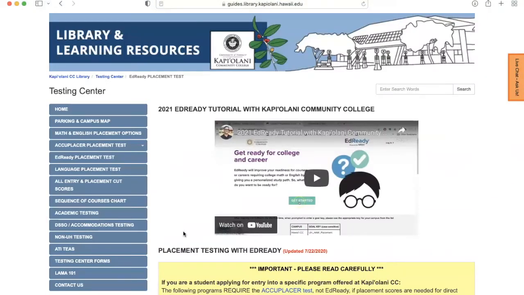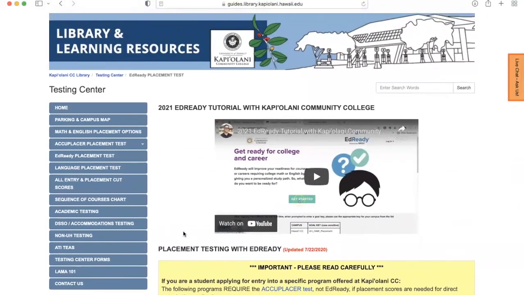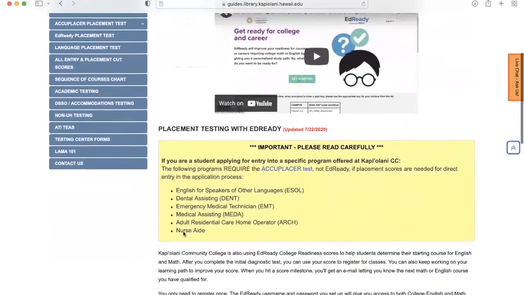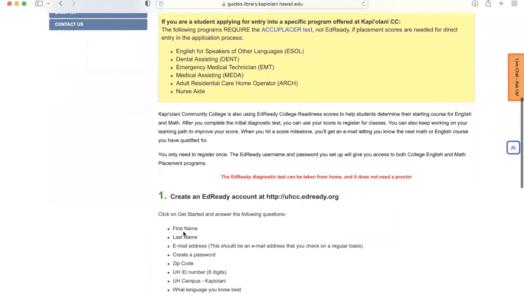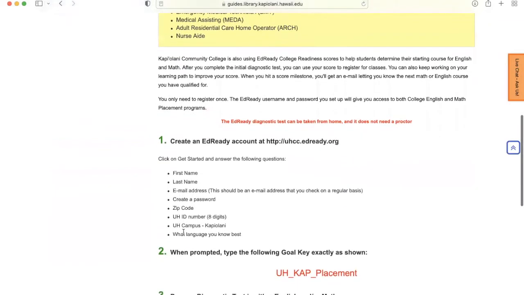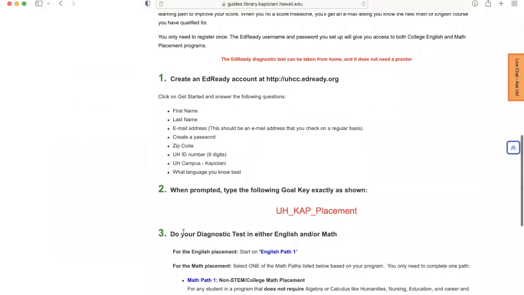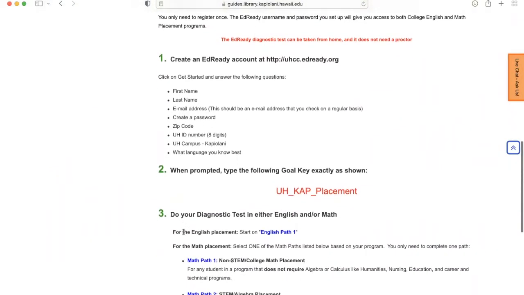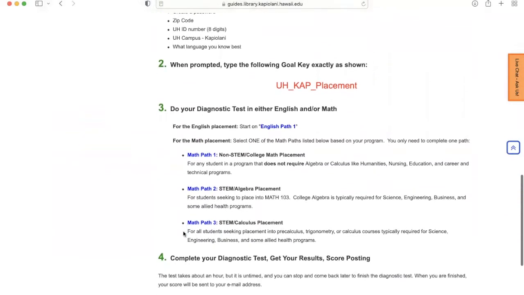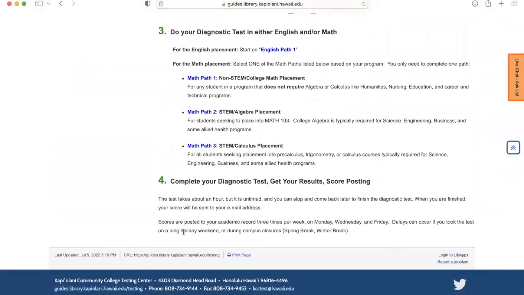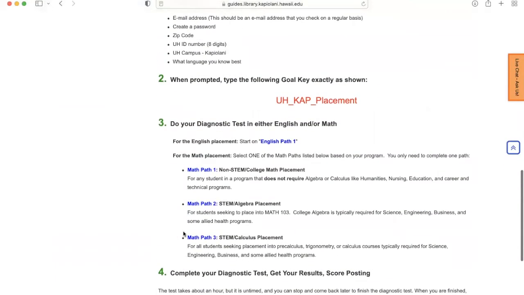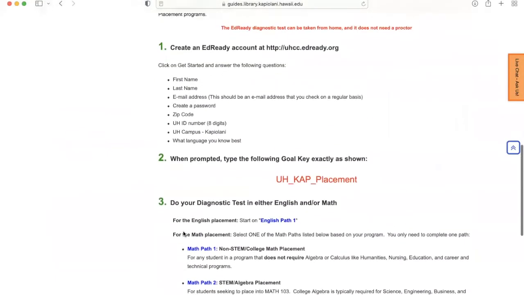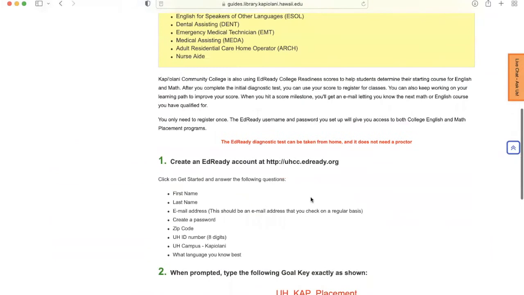Students need to read this website very, very carefully. There are important steps students need to follow in order to have a successful EdReady experience. So again, students, read through the steps very carefully. Once you have read through the steps, please go to the top, step 1, click on this website over here, or perhaps cut and paste.